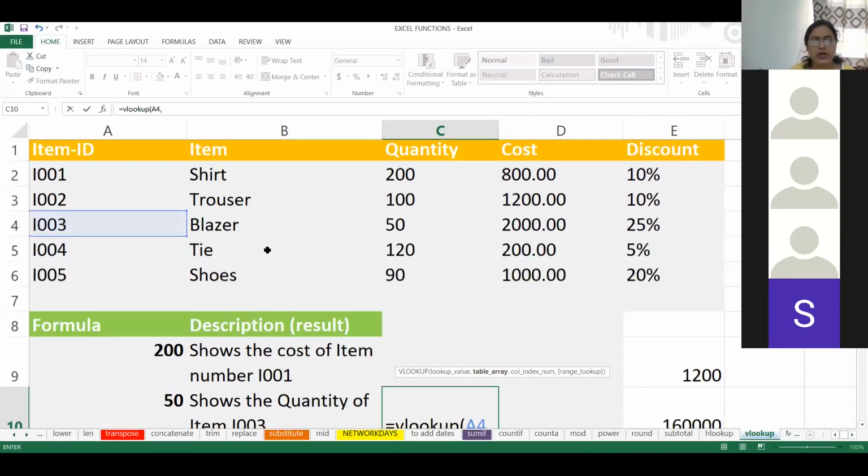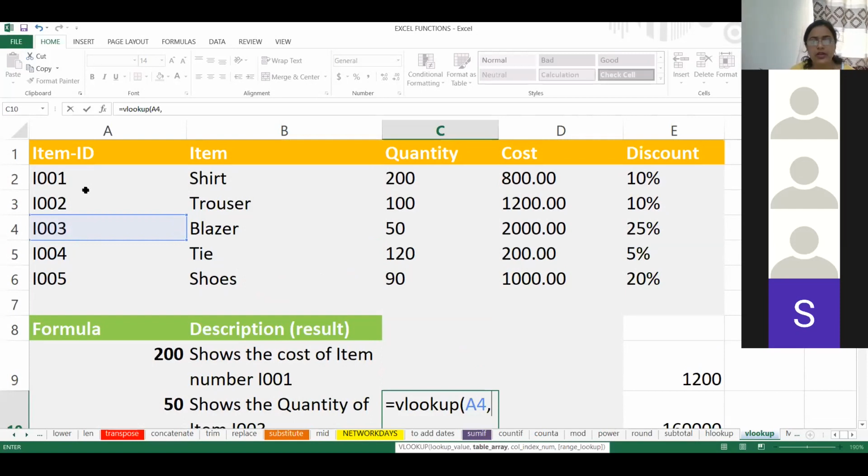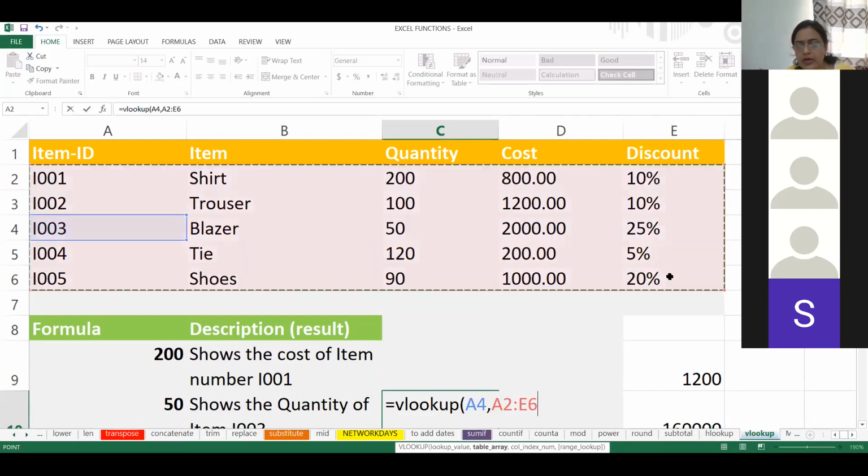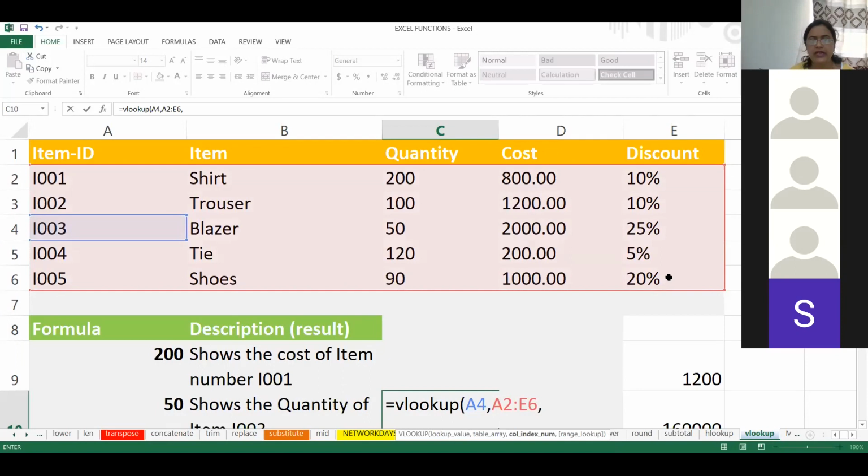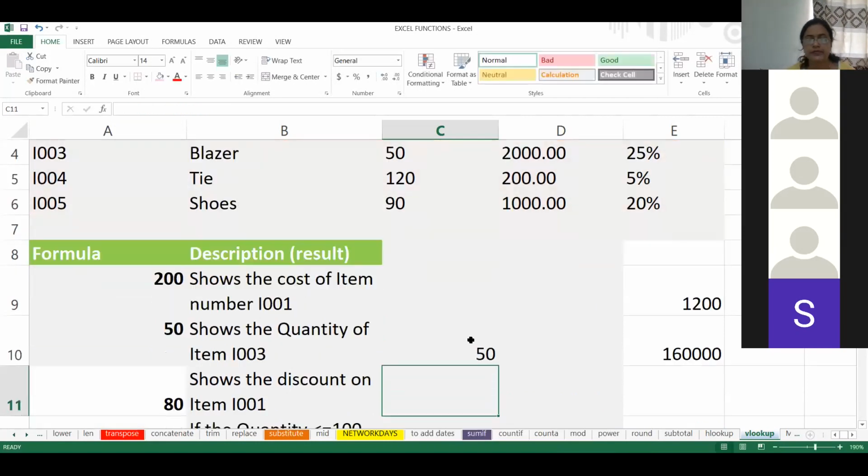Table array is the whole table. So I'm selecting the whole table here, comma. Column index: quantity is the third column, 1, 2, 3. So 3, comma, false. Right.